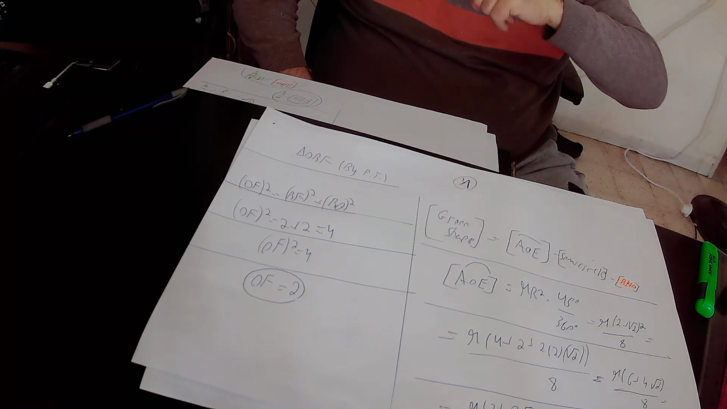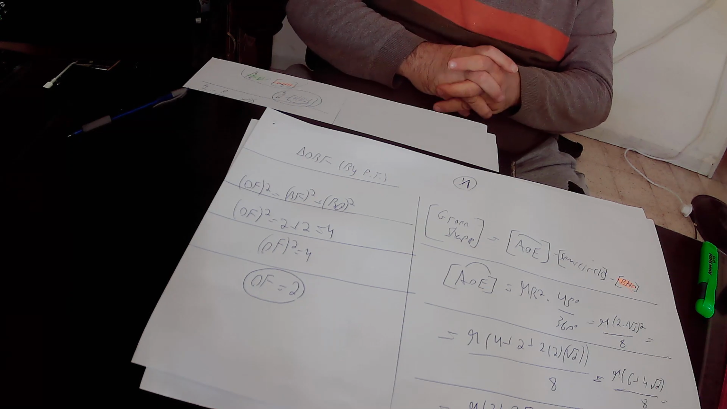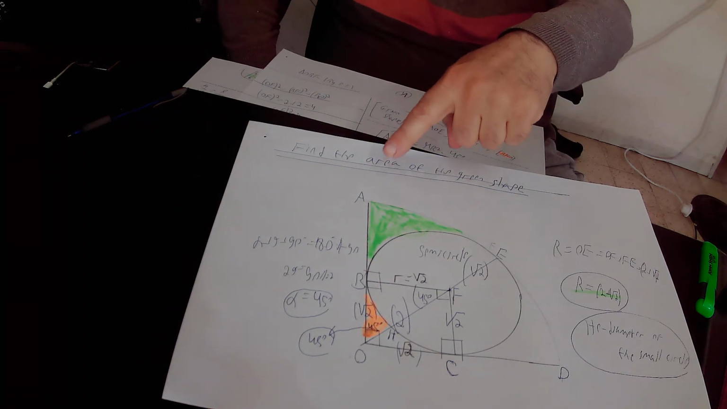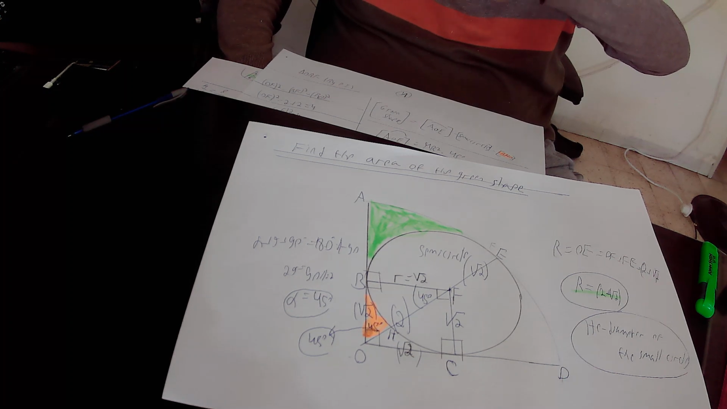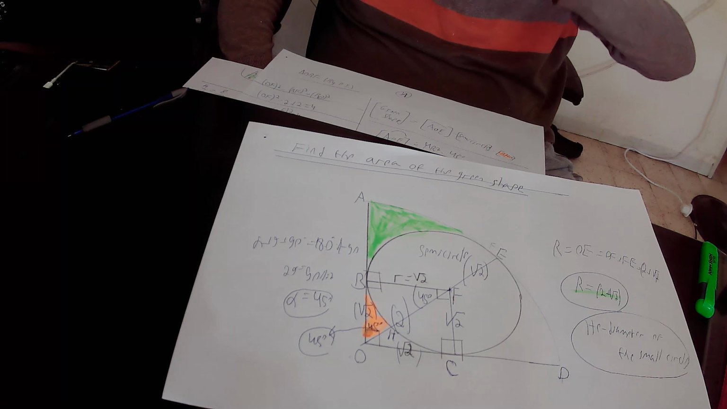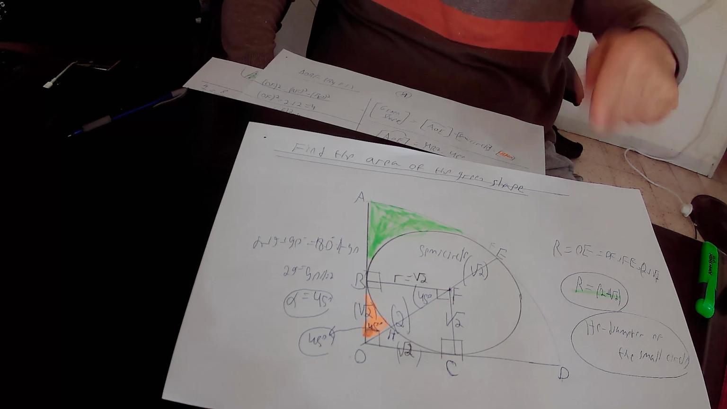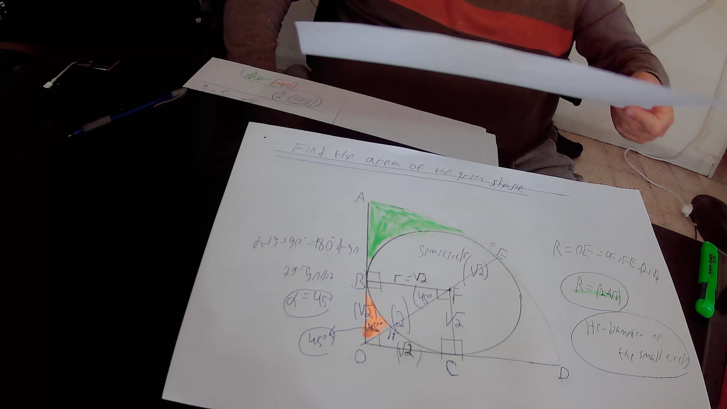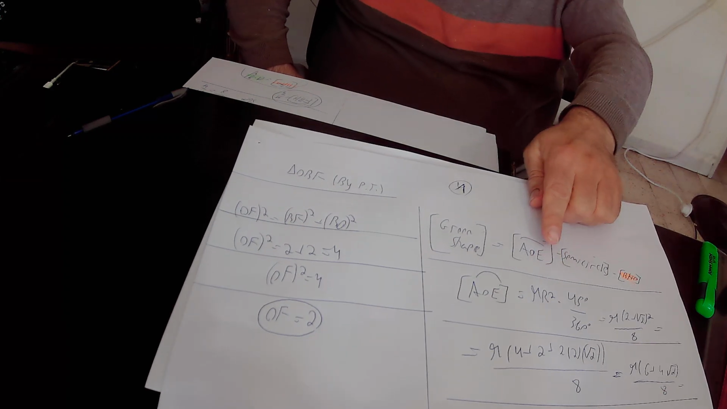So what is the area of sector AOE? The area of sector AOE equals the area of the circle that contains the sector. It is very easy to see that the big sector AOE is inside the big circle. We know that the area of the big circle equals pi times capital R squared, because capital R is the radius of the big circle. So the area of sector AOE equals pi times capital R squared, that is the area of the big circle, times